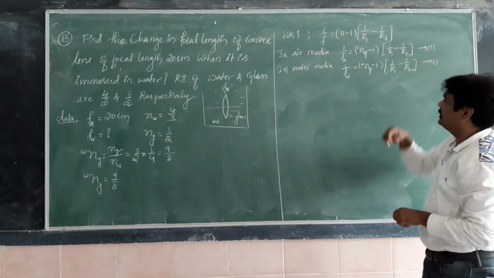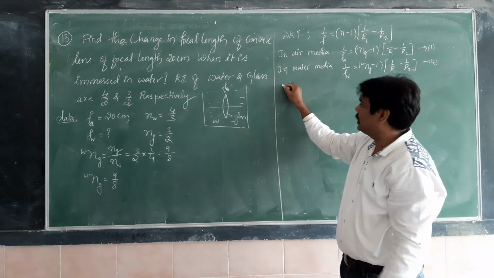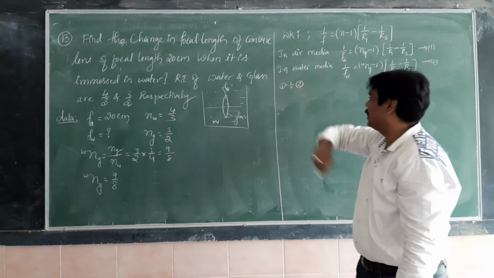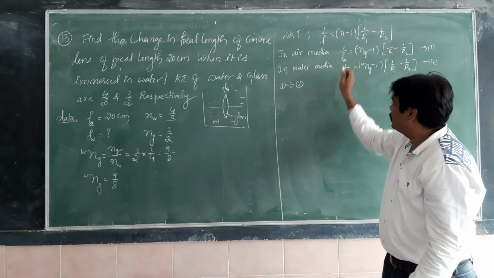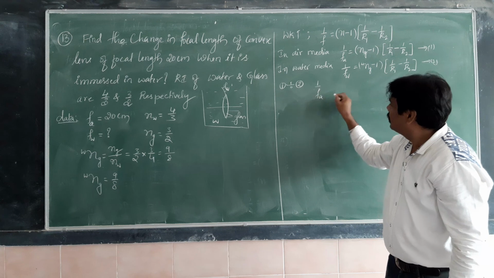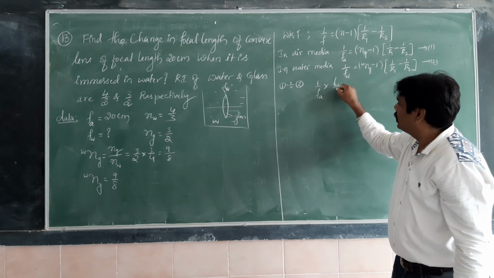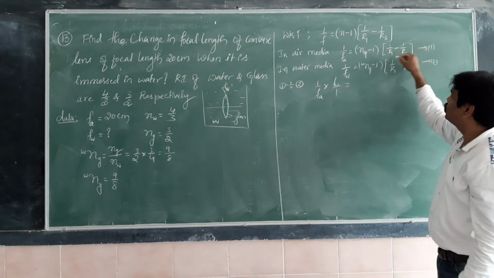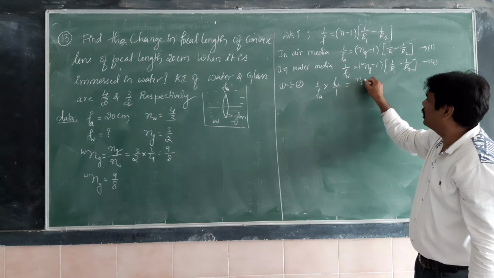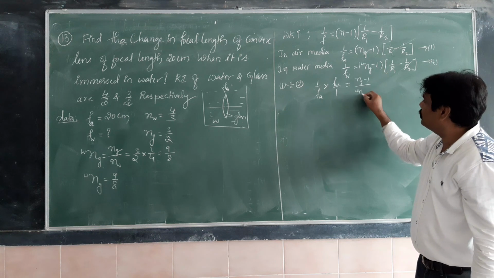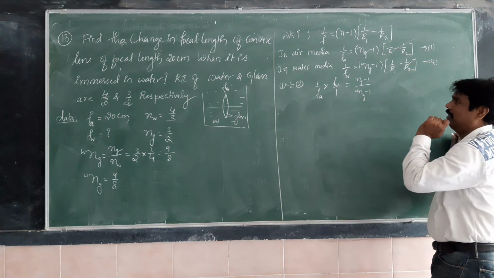Now you take the ratio of these two. R1 and R2 will get cancelled. That's why there is no need to give the radius of curvature. By taking the ratio, it will get cancelled. Equation 1 divided by equation 2: 1 by Fa whole divided by 1 by Fw. Fw goes to the numerator. The common terms cancel, and first we take ng minus 1 and then nwg minus 1. It means the refractive index of glass with respect to water we have to take.